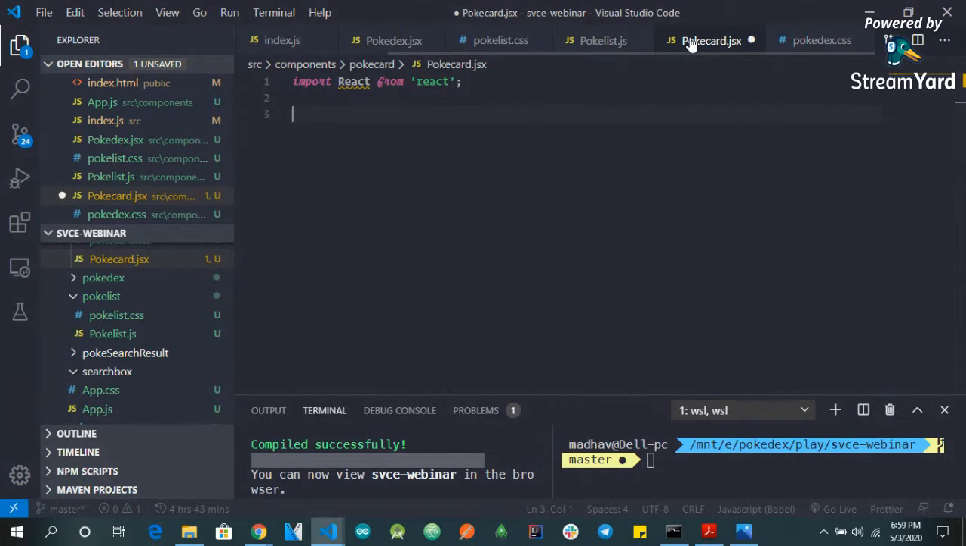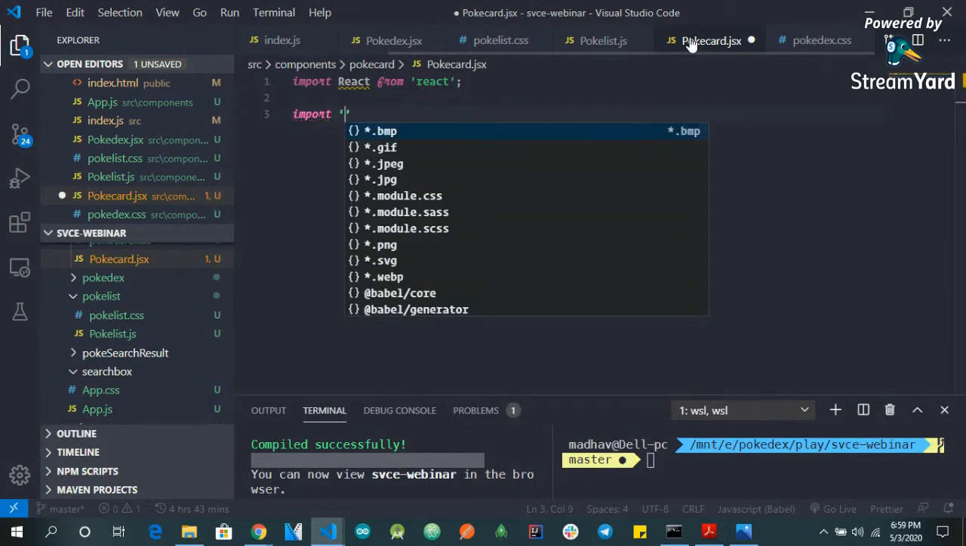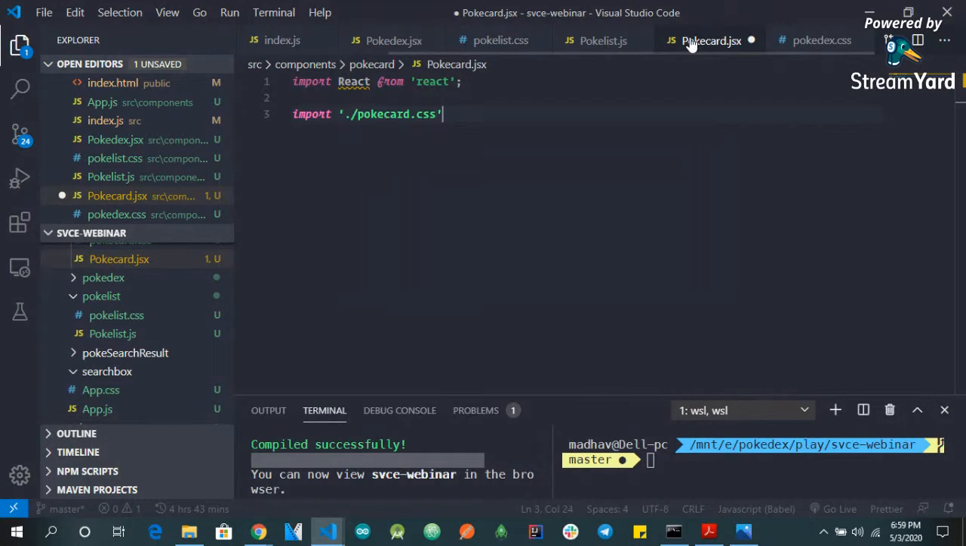Awesome. So it's a little tiring, but it's fun, right? React is always fun. Import. Again, we are going to import our CSS files, which is pokecard.css, and then again the same old steps: export const PokeCard, and I'm going to take props, create an arrow function, and return a